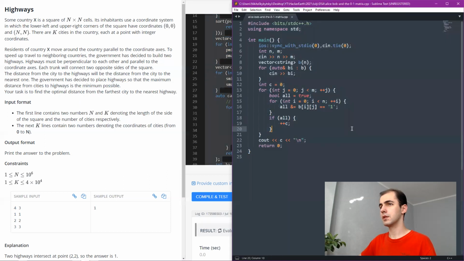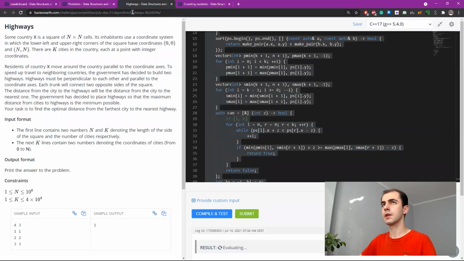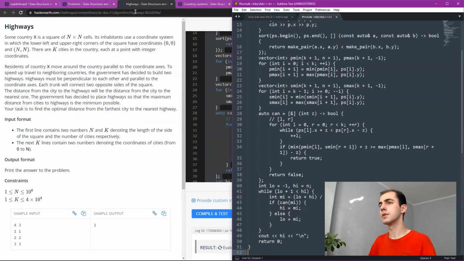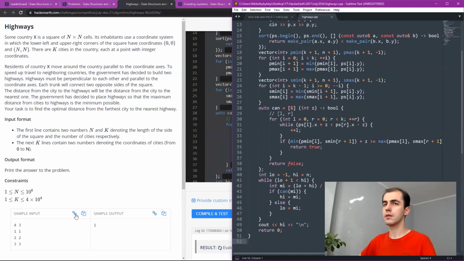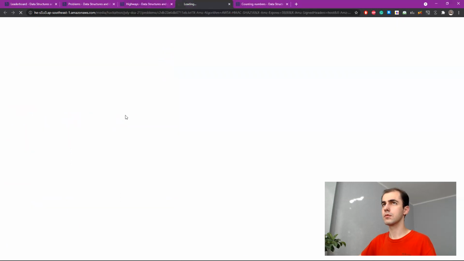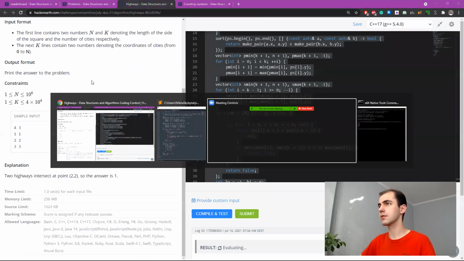I imagine, just in case, it's going to be slow again. It looks like it is. Obviously testing on one sample is not enough, but who cares, right?